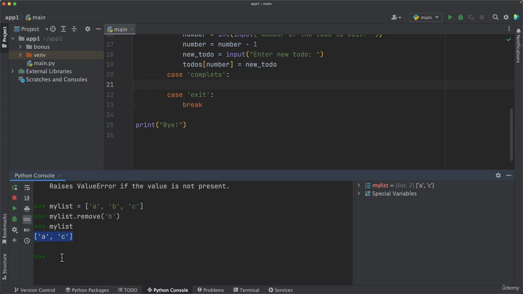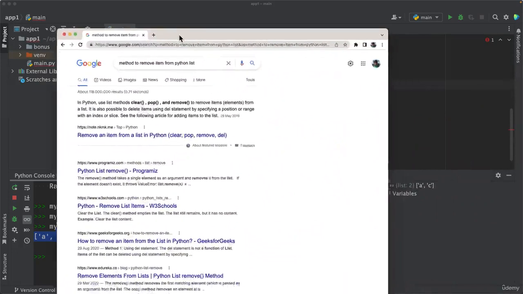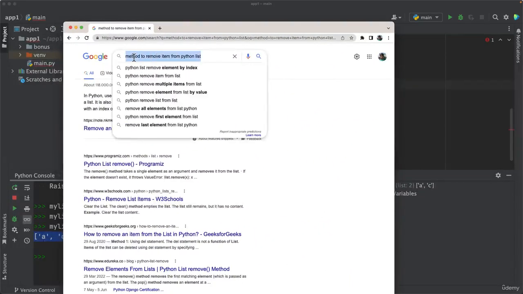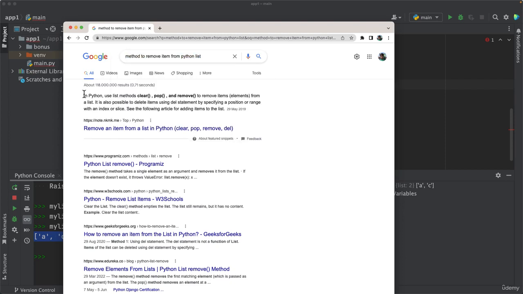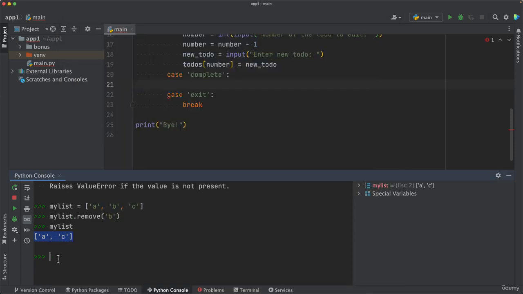Another way, of course, is to use Google. So if you did a search on Google, a simple search such as methods to remove item from Python list, you would get some answers. For example, here it says clear, pop, remove. So it seems there are other methods as well. So Google search, some internet research might give you more answers to your questions. So clear and pop, you can also find these in